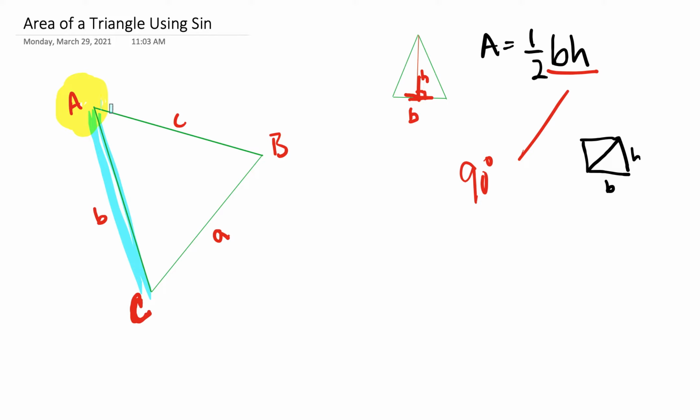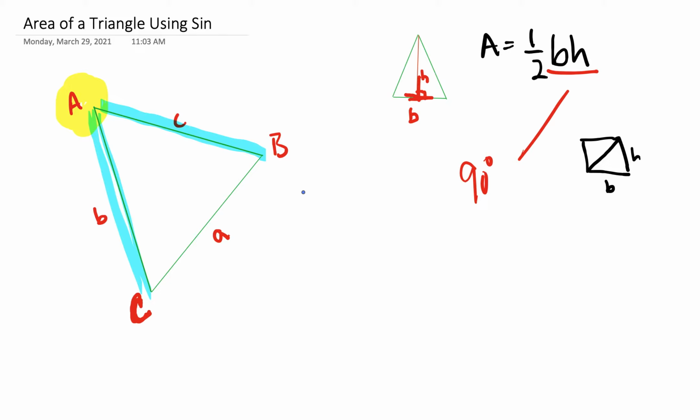But we're going to use the angle and two of the sides. So the other two sides that are not the side across from angle A. So the two sides touching and forming angle A we're going to use, as well as the angle A. We're going to use the sine of it. So the formula itself